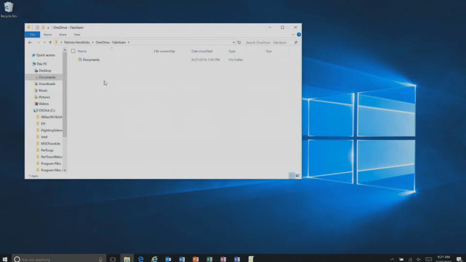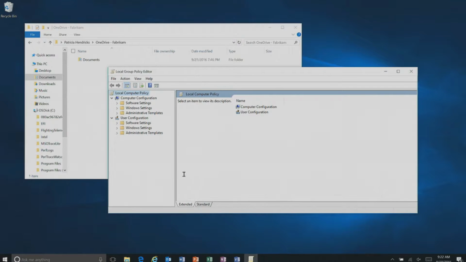So let's talk about where OneDrive comes into play, because at this point, again, I'm not actually signed in. Your next job is to make sure that when the user does sign into OneDrive, they sync to this OneDrive Fabricam folder that you created. So let's take a look at the OneDrive group policies that we have available for you. What I've done here is take the OneDrive ADML and ADMX file templates that are available as part of our deployment package, downloaded those, and imported them directly into our Windows policy definitions.